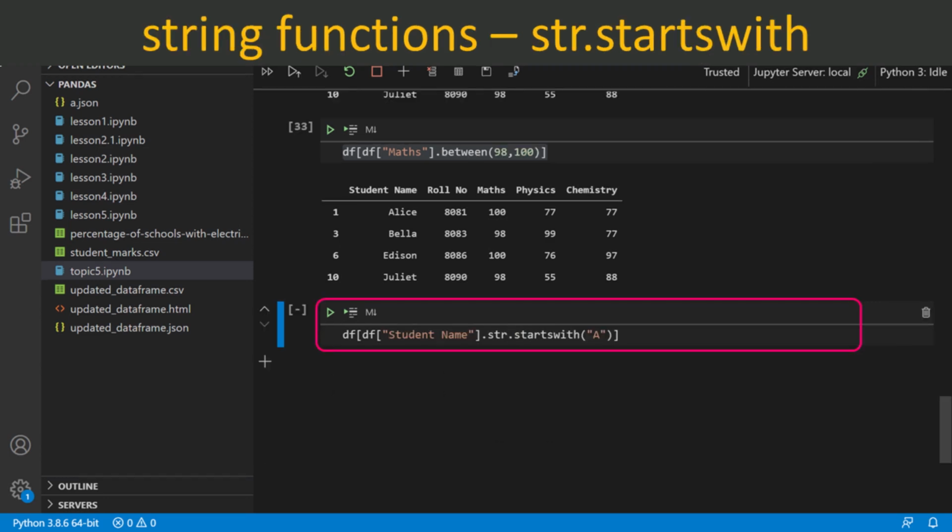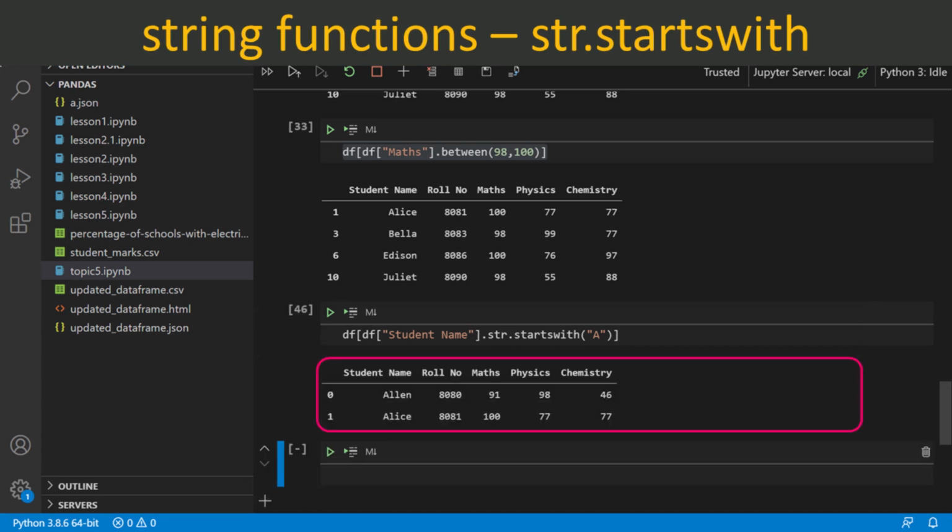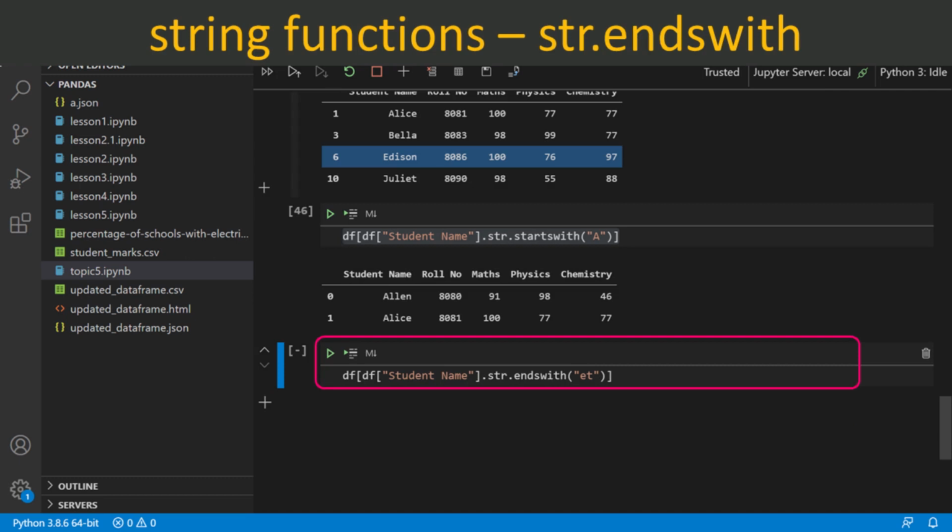We also have a set of string functions in Pandas that have a prefix of str to them. The first function we are going to see is str.startswith. This function will return rows that start with the specific string. In our example, the code has returned us all the student names that start with the letter A. Similar to startswith, we also have the endswith function, which returns all student names that end with the specified string.